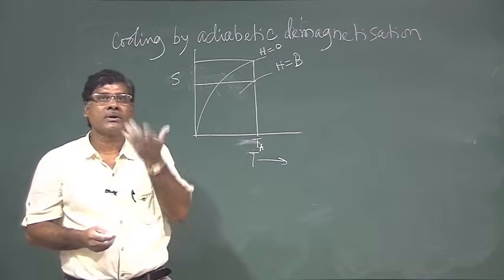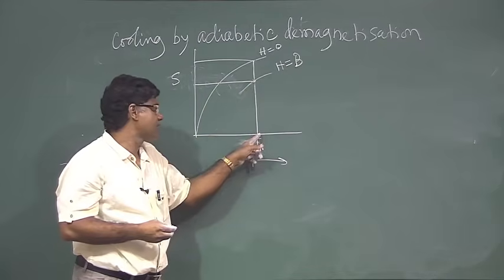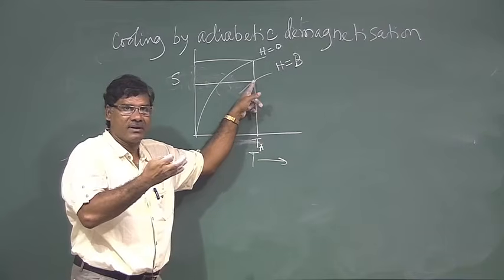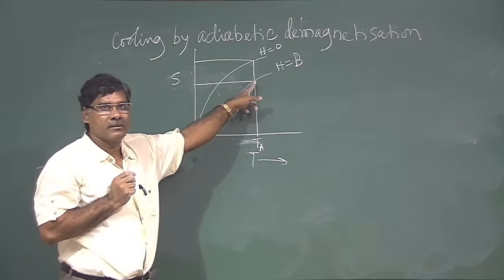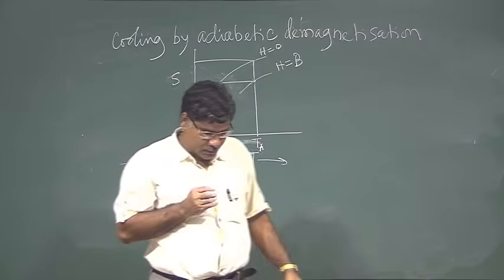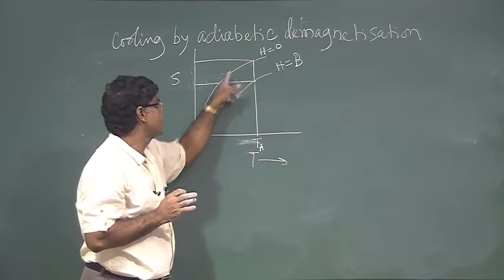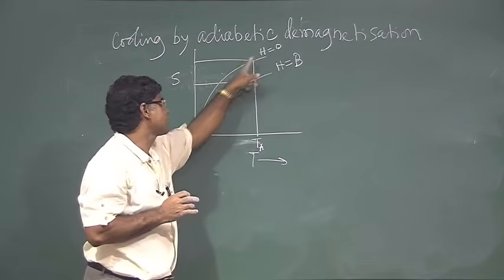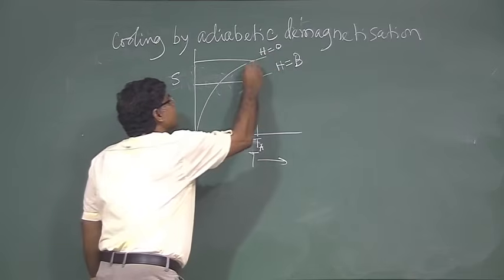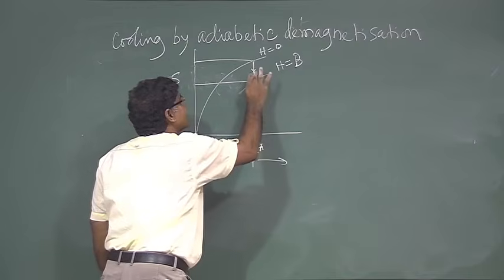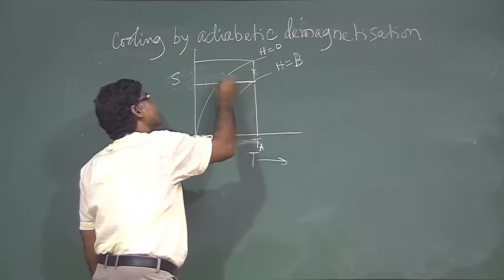Now, if I withdraw the magnetic field, what will happen? I applied the magnetic field, so that is why it has come here. Now I withdraw the magnetic field, and it will go to this curve, because this curve is for H equal to 0. From here it came here after applying the magnetic field; when I withdraw it, from here it will go here,